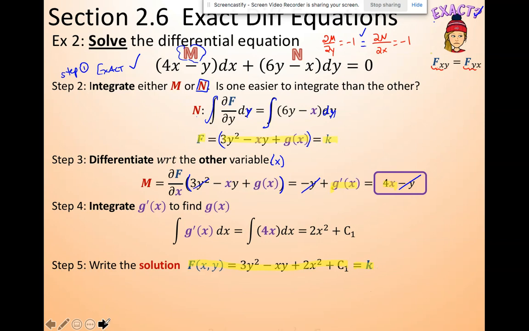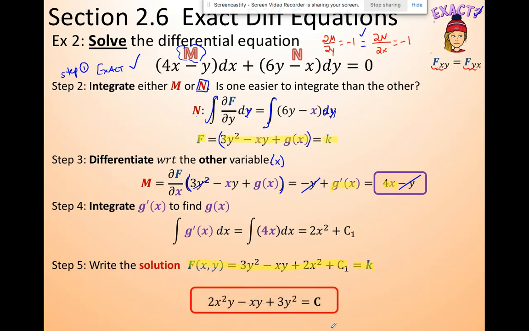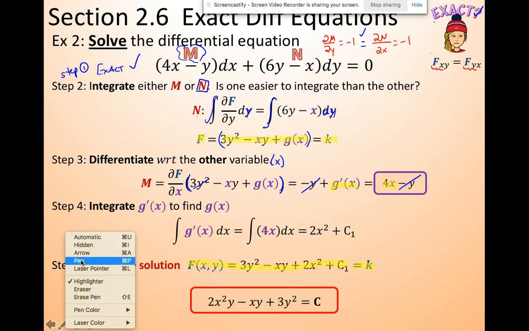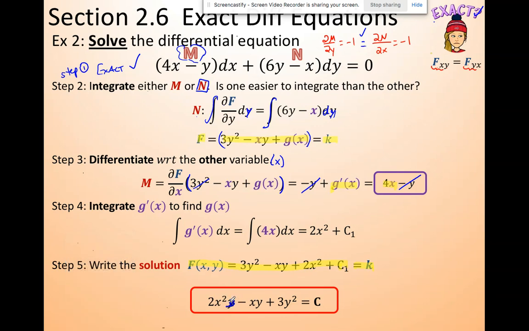I'm equal to K. But remember, those two constants are all going to wrap up into one. Oops, I copied over something wrong. That's not there. I just did some reordering to lead with x. 2x squared minus xy plus 3y squared is equal to c,